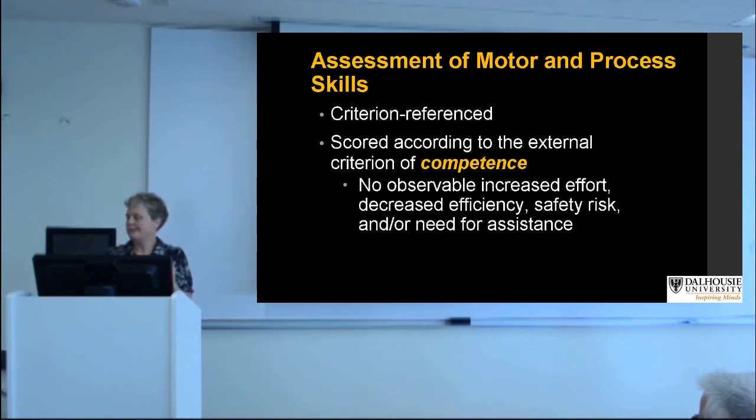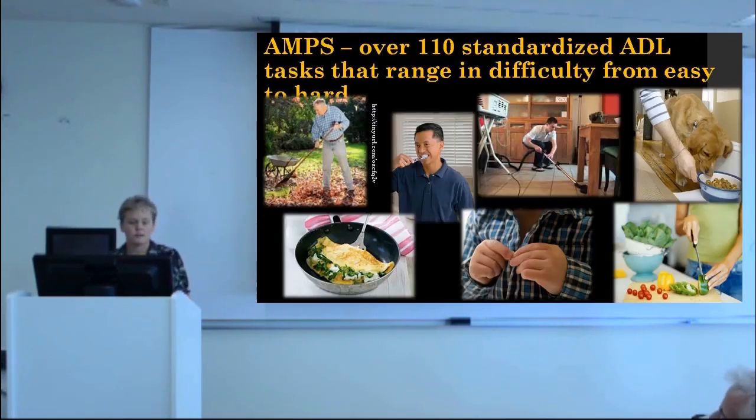1 means there's something markedly deficient, marked delay, safety risk, they needed support, they needed assistance, all the way up to a 4 where the person was competent. And the things we're looking at are effort, efficiency, safety, and independence. The person within the AMPS will perform 2 tasks, and all of those skill items are scored for each task. We have over 110 standardized AMPS or ADL tasks,